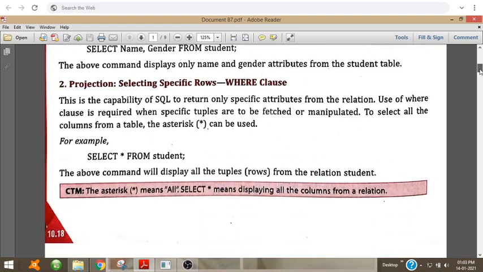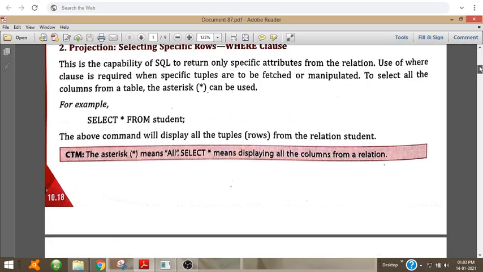So if we want to fetch all the columns and all the rows, then we use the asterisk symbol, that is, select star from table name. Instead of the column names, we can specify just the star symbol. The star symbol will select all the rows and columns in that table.